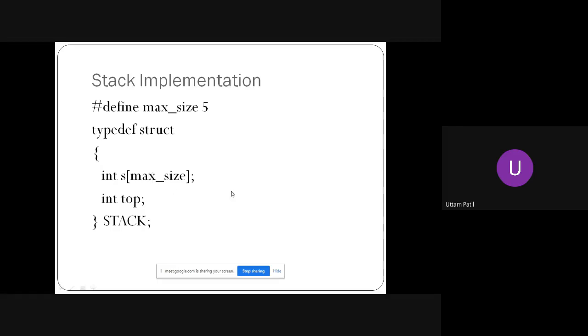So it is an integer, acting as a pointer, but an integer value. So we have declared this as int top and not int star top. Then whenever I want to declare a variable of type stack, I use the word Stack. That's the reason I have used typedef. Let me execute.